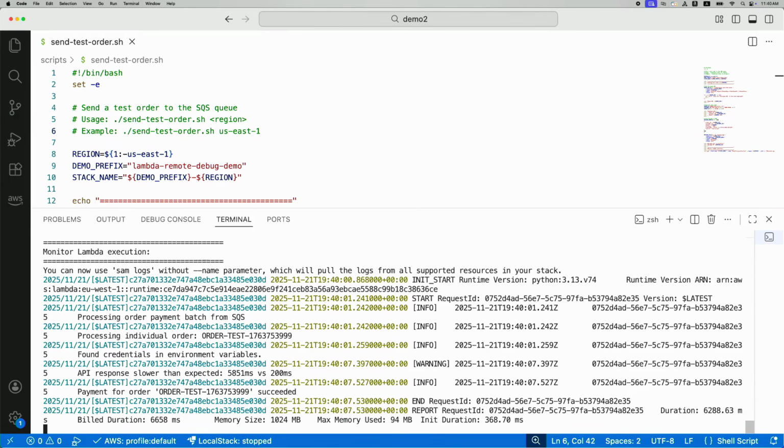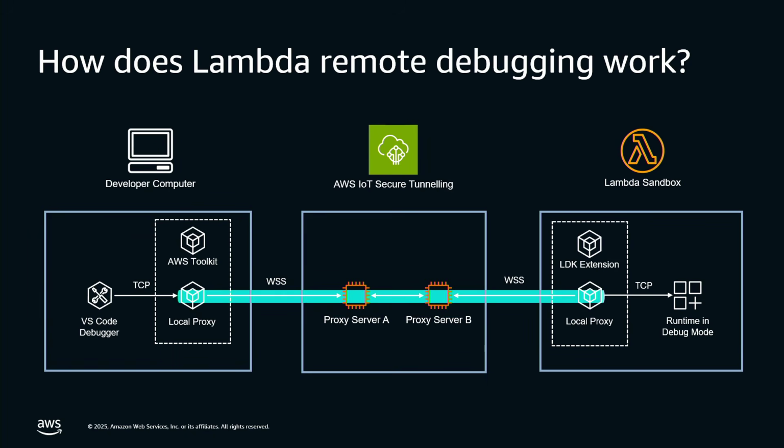From here, actually, if we want to do more, we can troubleshoot more because from the logs, we can see that the response time from external payment providers is much higher in EU West 1 than US East 1. But that's something we can still troubleshoot, but I'll leave it there. But if you wanted to see the remote debugging in action,